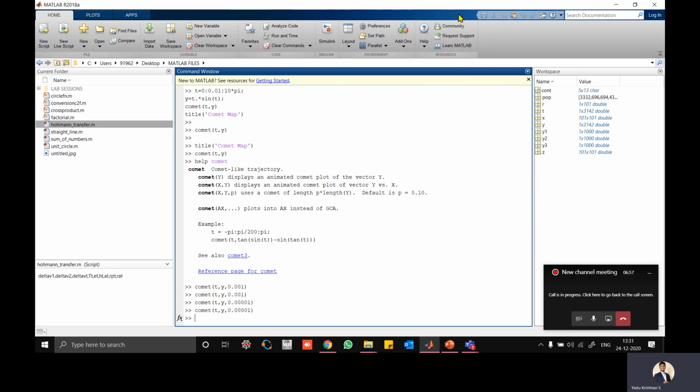Comet is another type of graph with which we can animate the point and see how it's moving. Sometimes it's useful when we are discussing Hohmann transfer. Maybe you have studied it, so using that we can see how the path is created, how the ellipse is changed into a circular orbit, all those things.